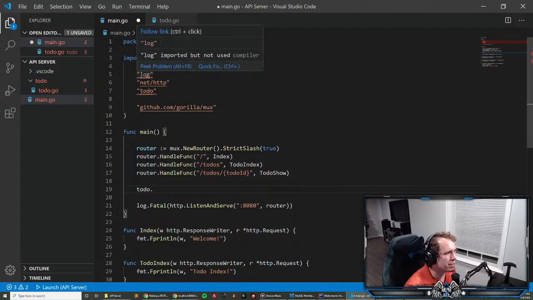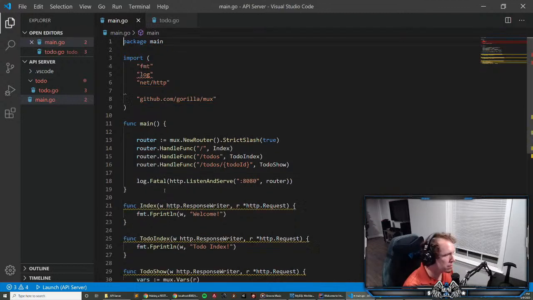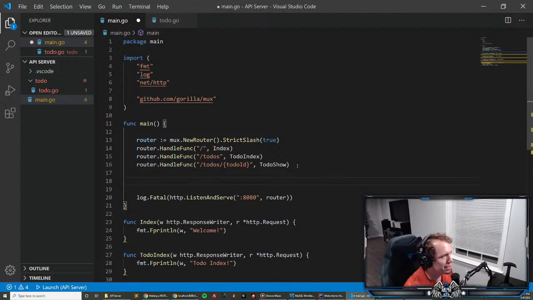why is it mad about logs not used? Oh, because I'm still, that's another thing it'll do. It'll like straight rip out parts of code that you don't use. It'll just like straight rip it out. So to do, and then we'll do